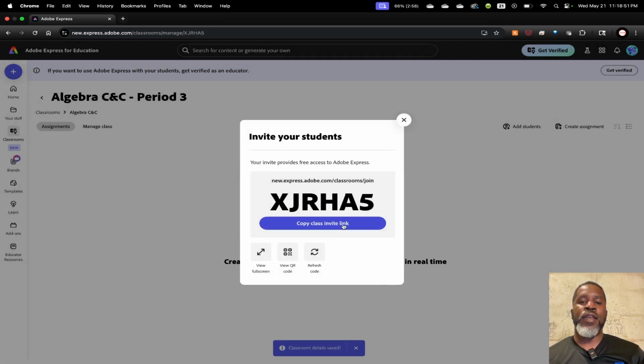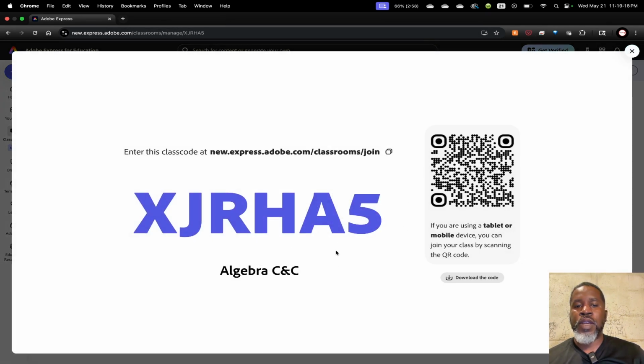All right, so once I have that, this is my copy code, everything, it'll pop up. This is what you give to your students, what you post on your Canvas page. This is what you put anywhere that you want your students to come and join the class. You can either give them this code when they log in to Adobe Express, or you can give a QR code if you want to, like we have right here, and you can put this on your board and they can log in with their phones or whatever mobile device, or they can put this website into their browser right here,